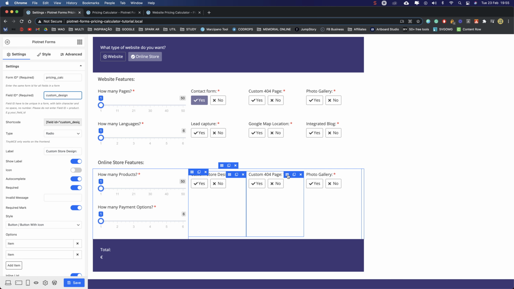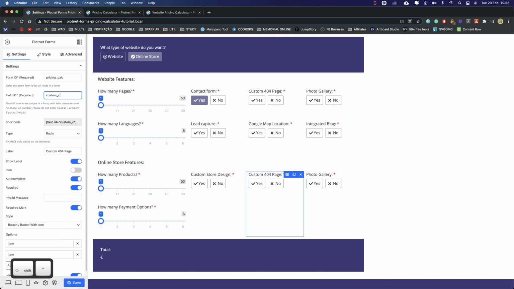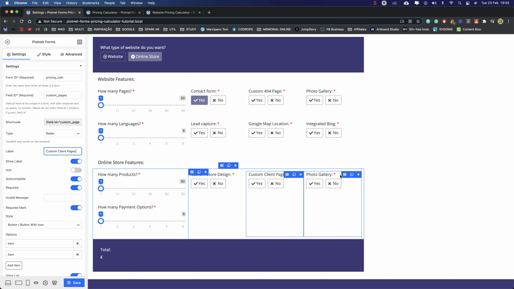And this one, let's put custom pages, because it will be custom client pages. Okay, and in the last one let's put email design. Here in the label let's write custom email design.